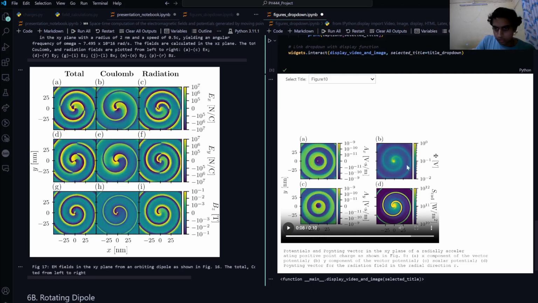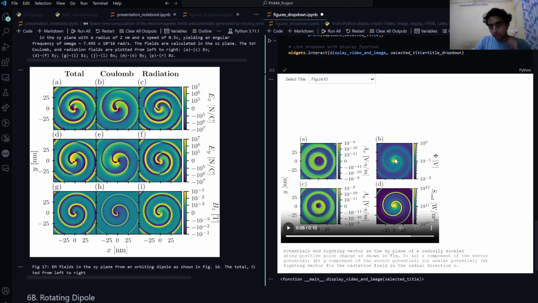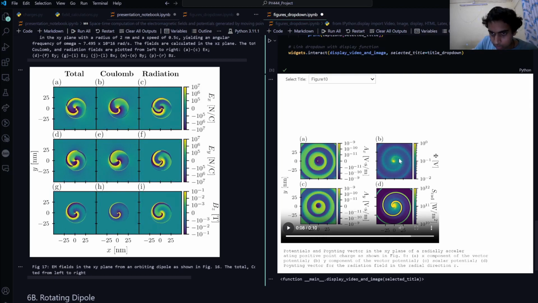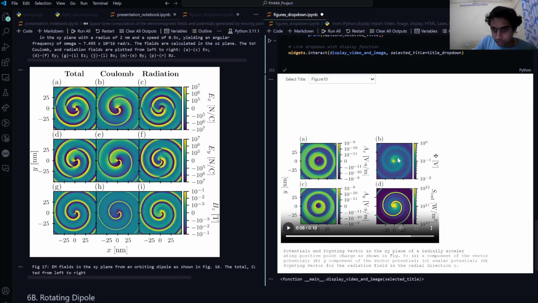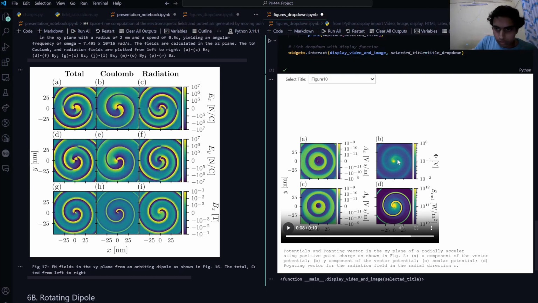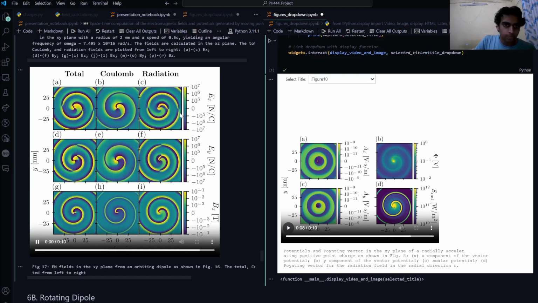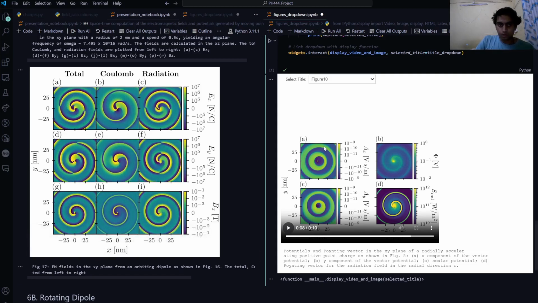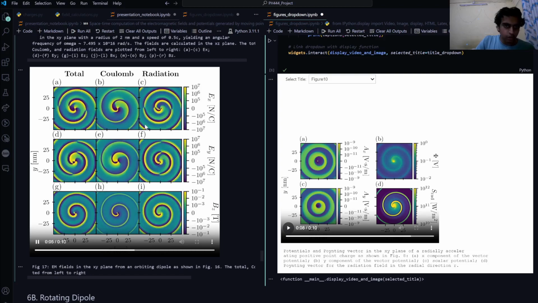So consider this particular field where you look at the potential contours, right? At every point on this contour, you have the given value of the potential, and then the electric field is simply the gradient of that. So how it varies at any point, right? And that translates immediately to here. So as you can see, because you have an orbiting dipole,